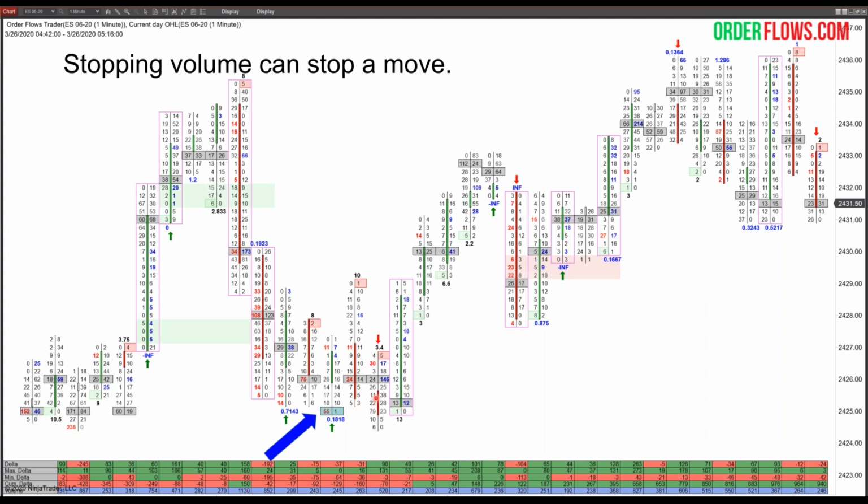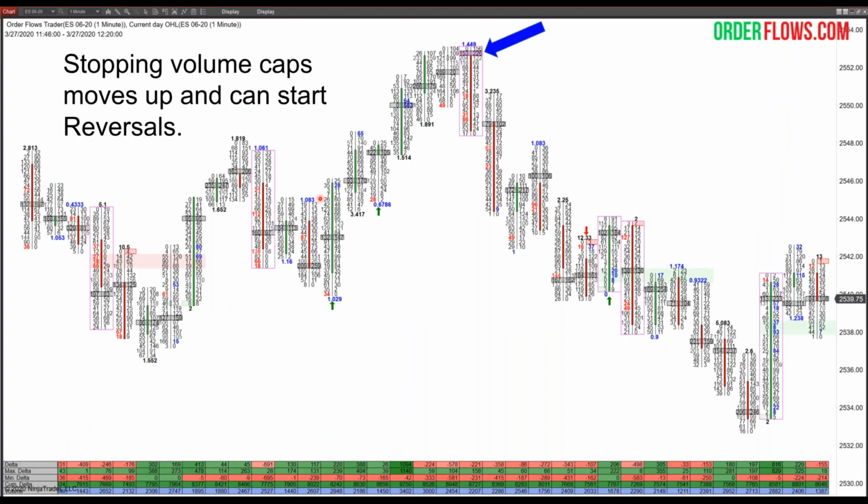especially in these volatile markets, sometimes you've got to realize, right? You just came from 35 down to 25, bounce up a little bit. There's still a little bit of selling pressure left to get through, and then boom, once that selling pressure is exhausted, support comes back in and the market rallies back up. Okay. Again, the stopping volume is going to cap moves up, but more importantly, it's going to help you find